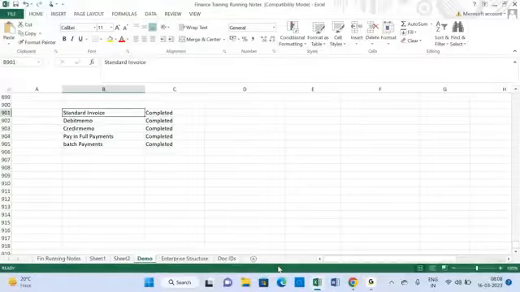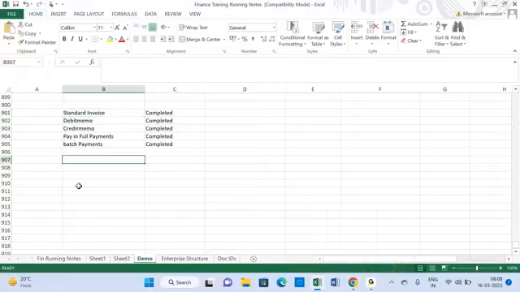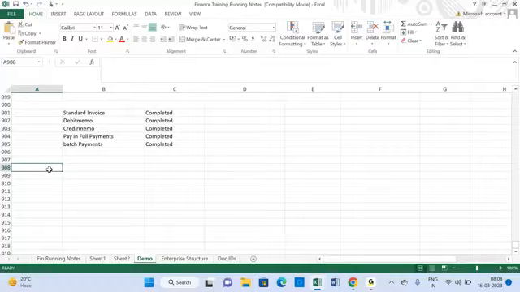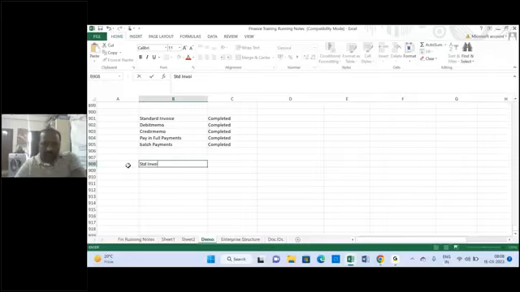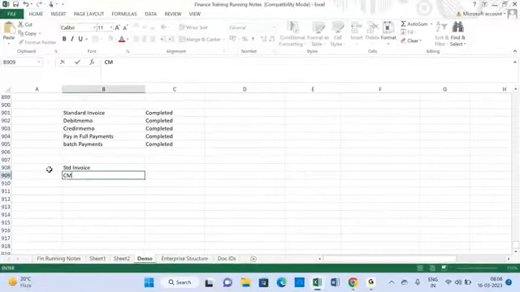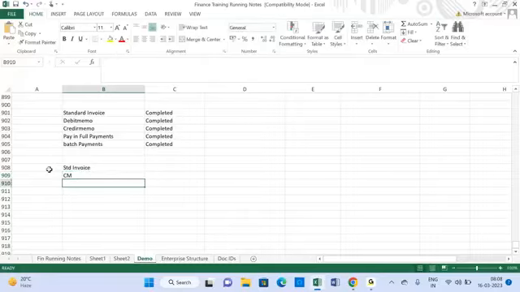So what we will do is, there are a few transaction types. We will try to replicate a few flows: standard invoice, credit memo. These credit memos can be created in two types: one is against a specific invoice, and the other is standalone. Then credit memos and debit memos,